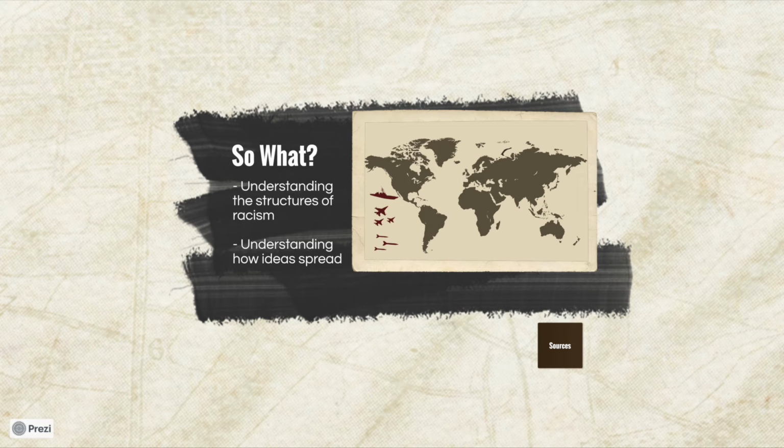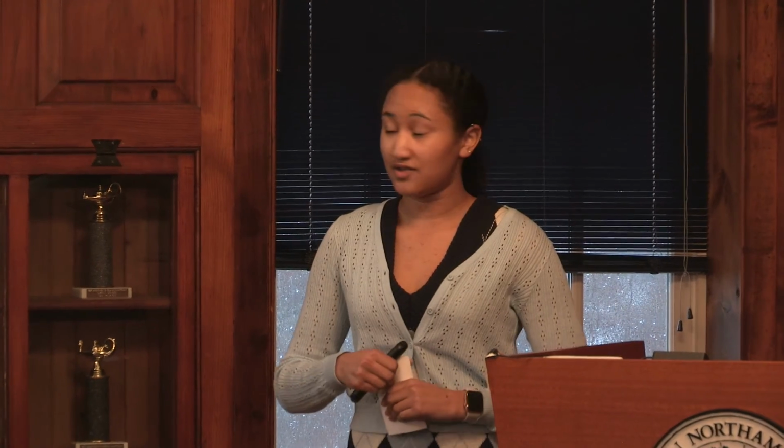This project has really shown me that these events that happen throughout the world are not just isolated. I think they're all connected. And I think that the racism that happened in the United States 100% and most definitely influenced a lot of the racial structures that are seen during the Holocaust and the racial legislation, specifically the Nuremberg laws. And yeah, thank you.